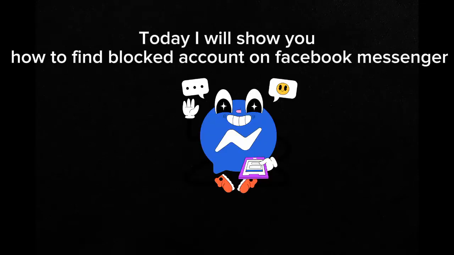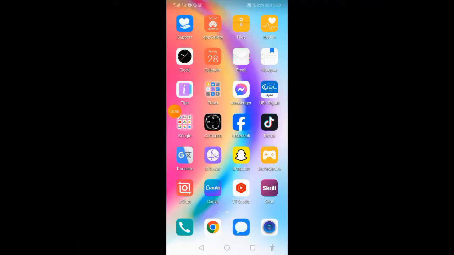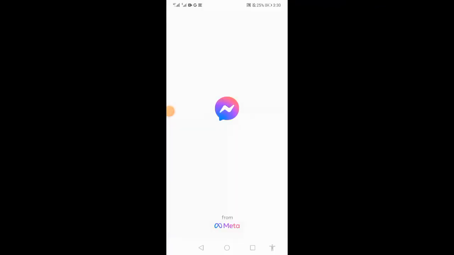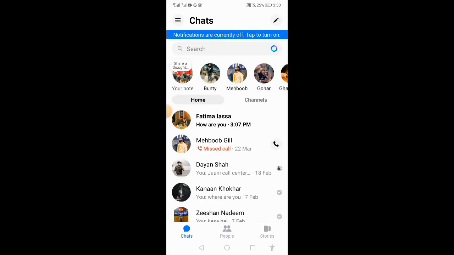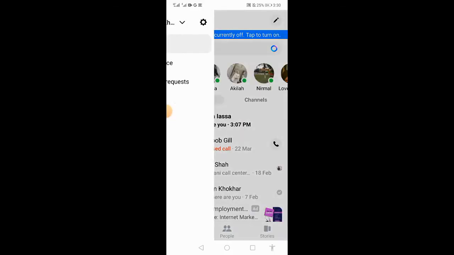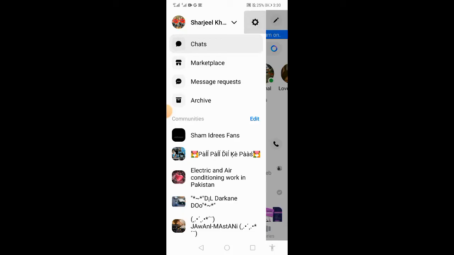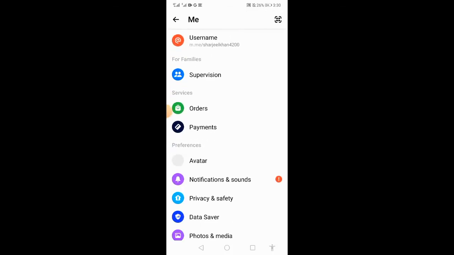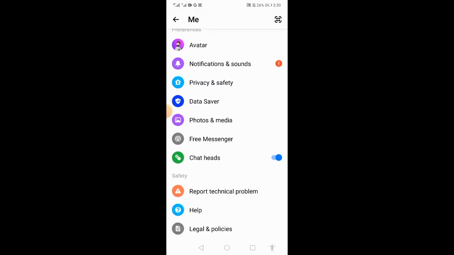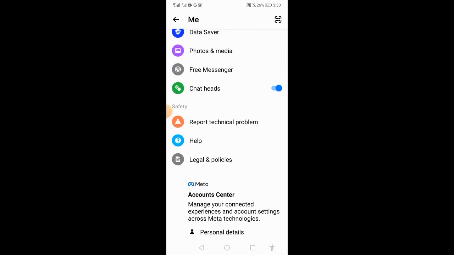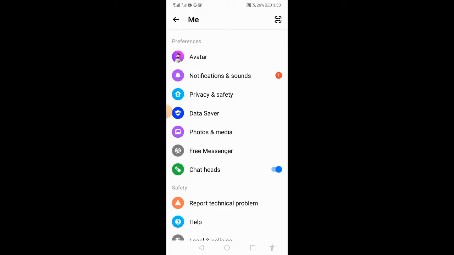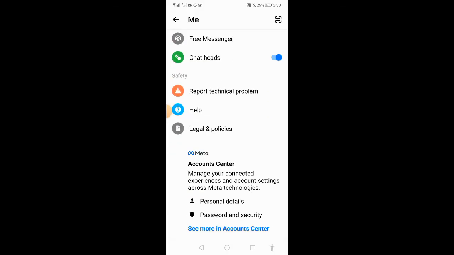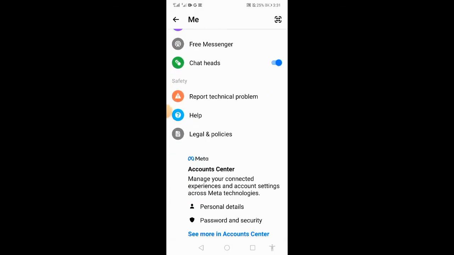Today I will show you how to find blocked accounts on Facebook Messenger. So you have to just open your Facebook Messenger and go to the three horizontal lines in the left corner, click on settings, scroll down and find Privacy and Safety. So you have to click on Privacy and Safety